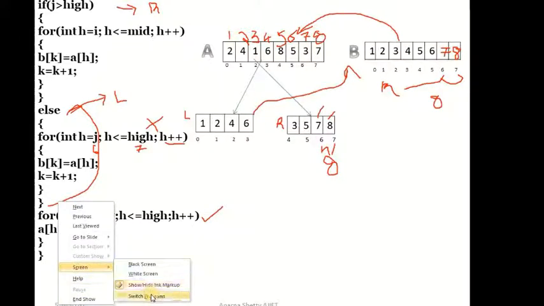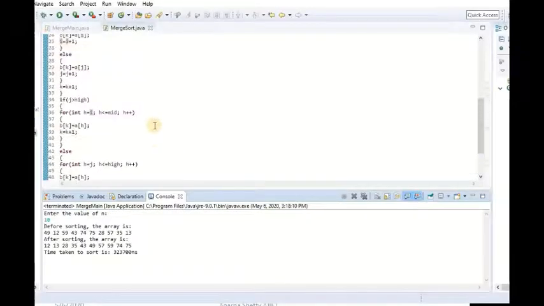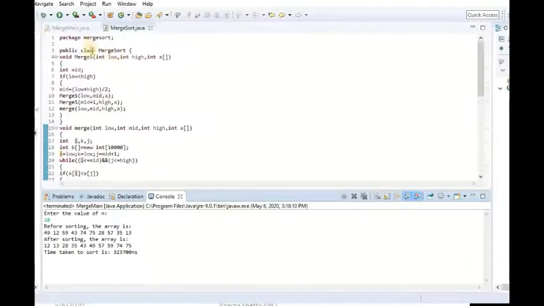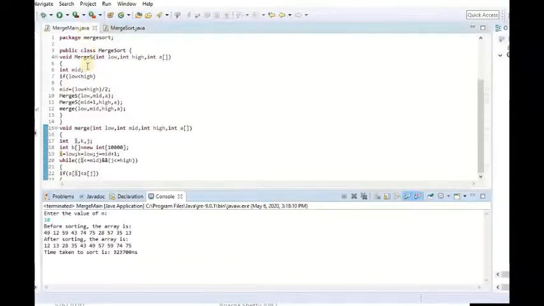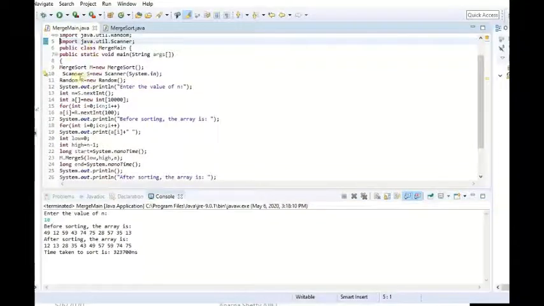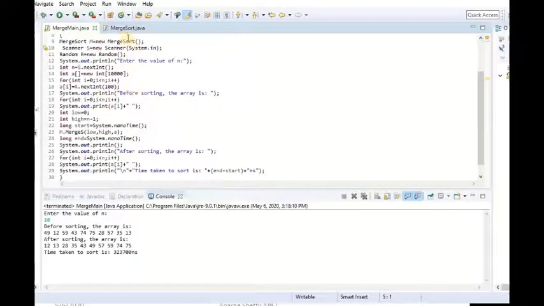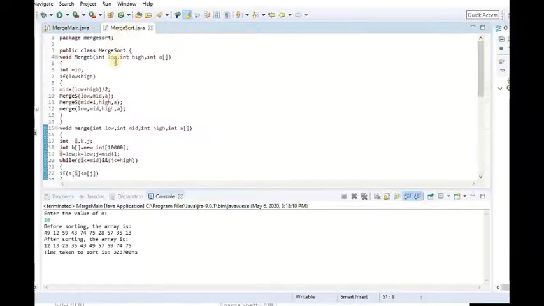If you see here, I have already created the program for you. I have the merge main class, where I have written the main method. And this is the implementation of merge sort.